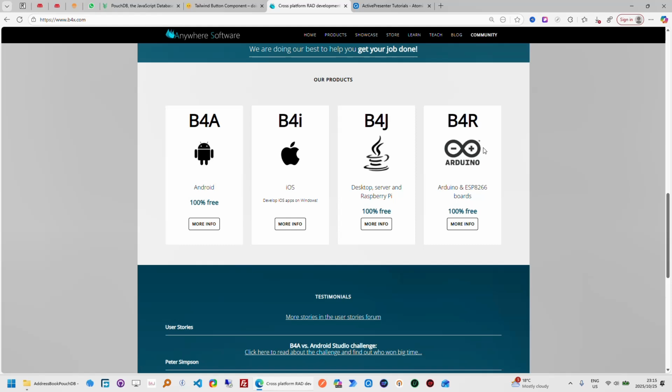So we use B4J with Banana transpiler, which actually converts B4J code to JavaScript, HTML, and CSS. So what we're going to be showing today is our next project when it comes to low-code development. I want to indicate that the data that has been used in the project is made out of fake data that we have been using. We generate fake data for our contacts and our categories and things like that to demonstrate the purpose of the